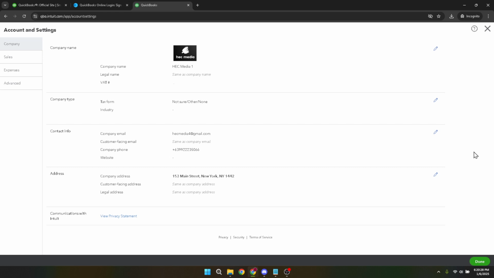As we wrap up, I just want to highlight that keeping your QuickBooks email address up to date is important for maintaining account security, staying informed about your transactional activities, and receiving timely updates from QuickBooks. It's also essential if you use this as your primary contact method for business communications related to QuickBooks. By following these steps, altering your QuickBooks email should be simple and stress-free. This straightforward method ensures your account information is both accurate and secure, giving you peace of mind when managing your